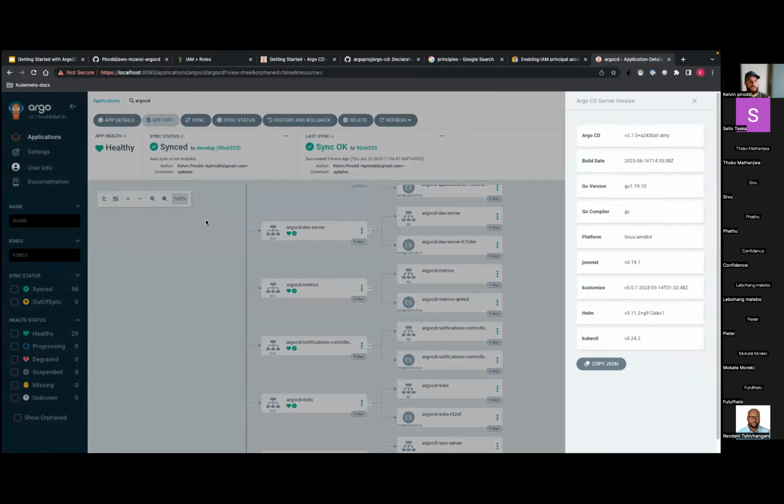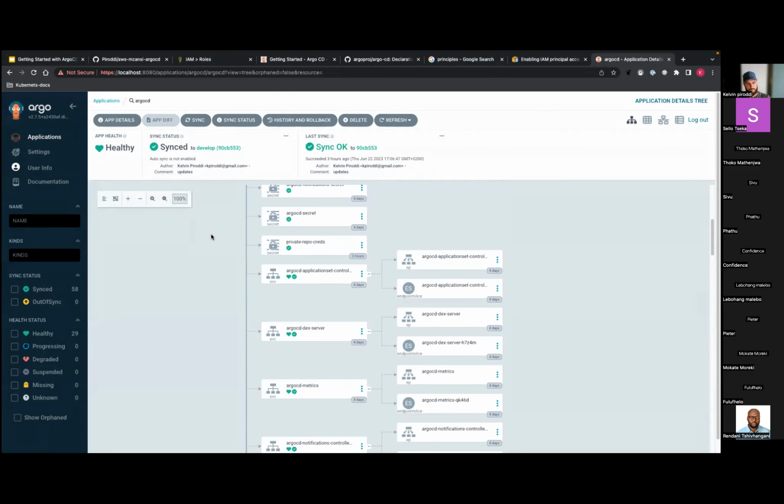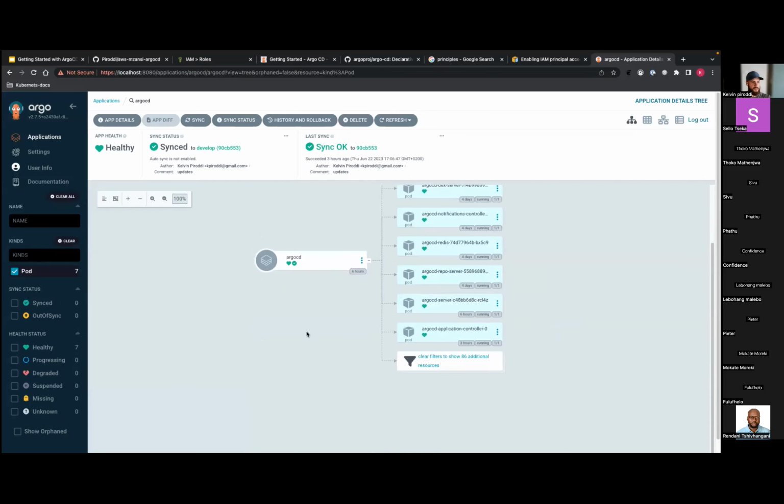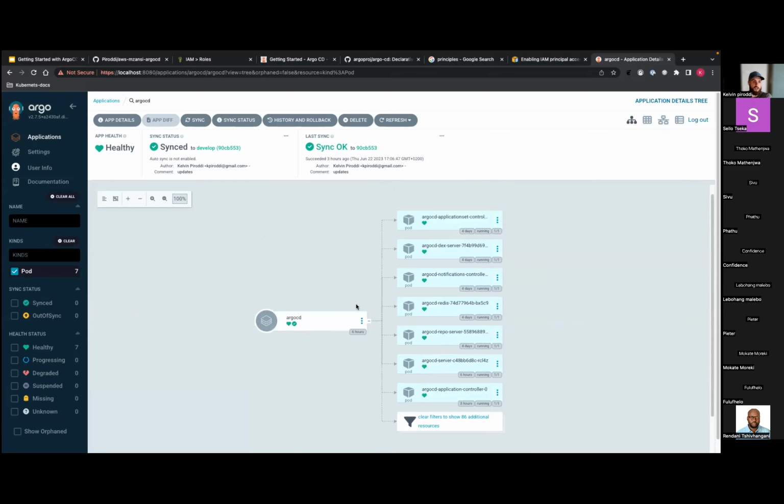So ArgoCD is itself an application which we can monitor. If I filter here for pods, the only pods running in Kubernetes are the ones I've mentioned before. Remember that architecture I spoke about before? We have ArgoCD Redis, which is the Redis. We have the repo server, which is generating these manifests and storing them into Redis. We have the ArgoCD server, which is this thing itself. And then we have the application controller. The other things are newer features in ArgoCD that we haven't discussed yet.